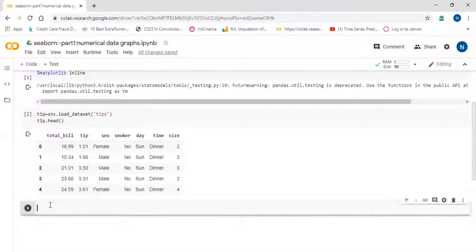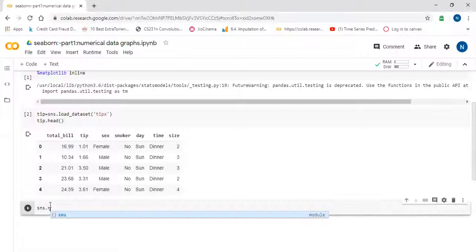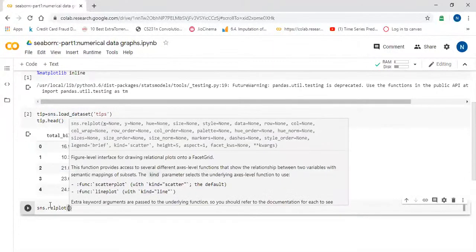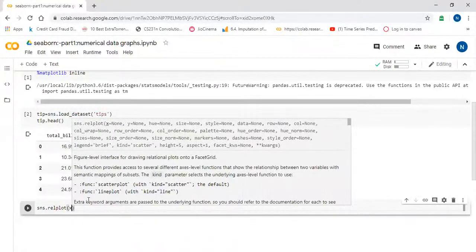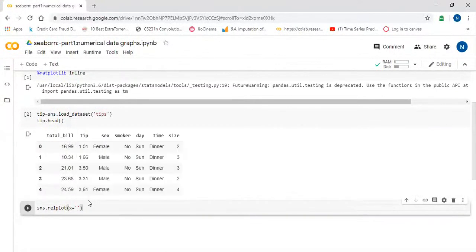Okay, so the first plot we are going to see is relplot. So sns.relplot, as I discussed. These are the parameters for the relational plot. x is the x column value, y is the y column value. We will see what size, style, and data are, and everything, one by one going forward. So right now I am just plotting x, y with the data. We are plotting the numerical column. So x equal to, I am saying total_bill.